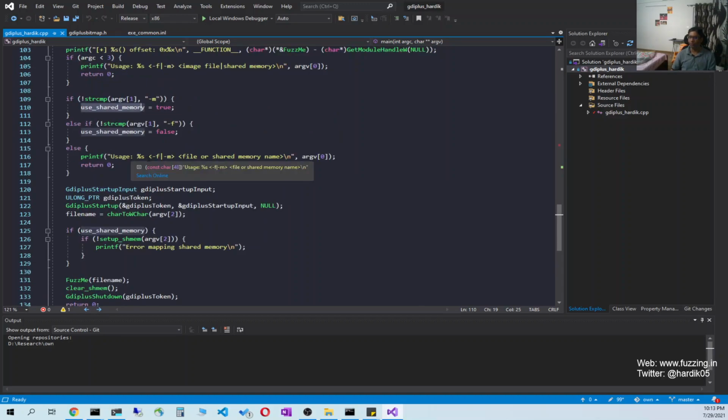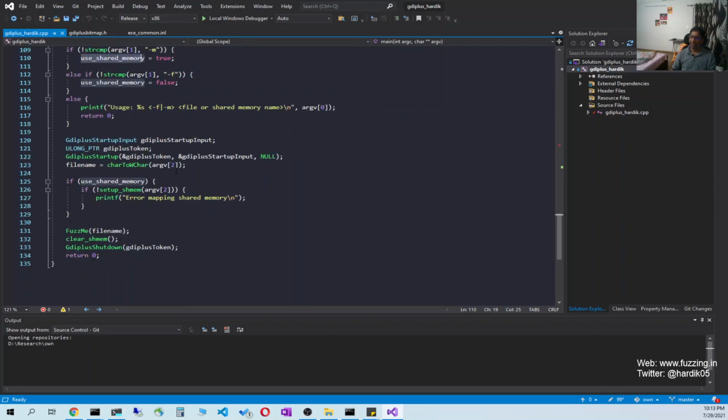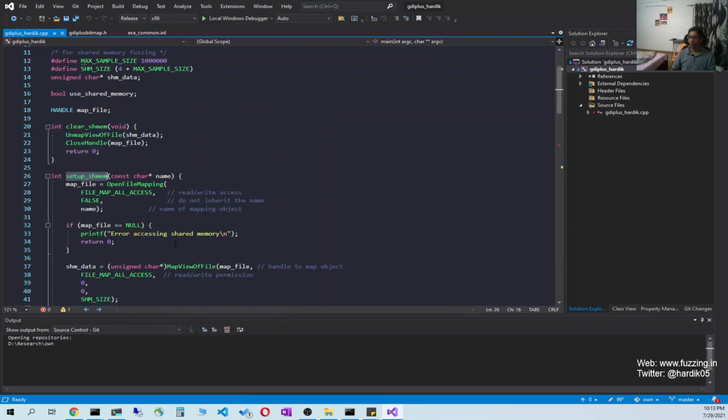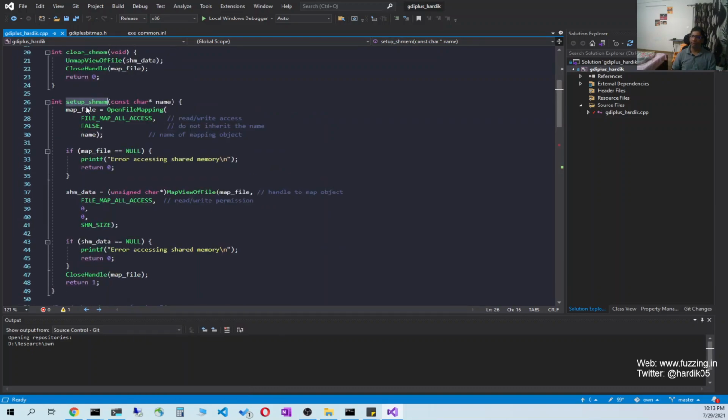It will say that you need to use either -f or -m. Then we are checking use shared memory. If the -m option is given, then we'll call a function which is setup shared memory, with argument 2, which is basically the name of the shared memory. So let's go to the definition over here, and inside setup shared memory, you can notice that we are simply using an API, that is OpenFileMapping, and we are giving the shared memory name over here.